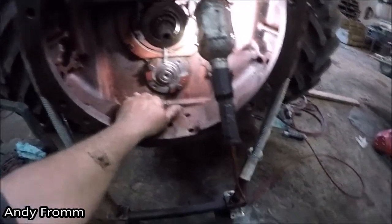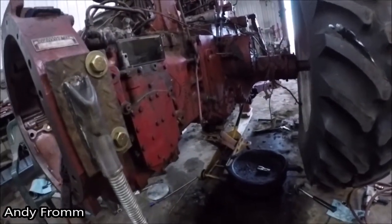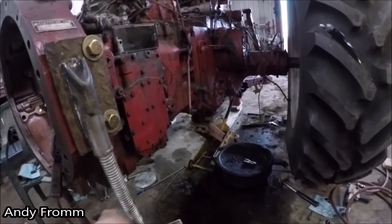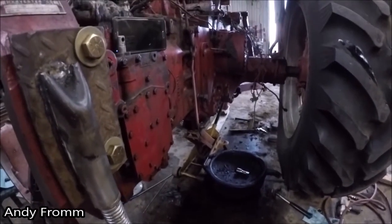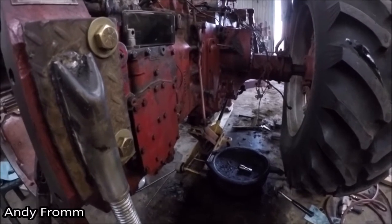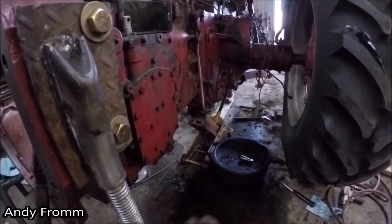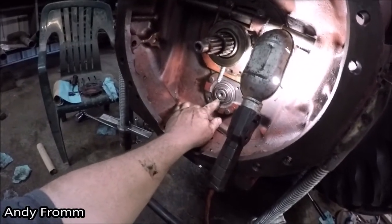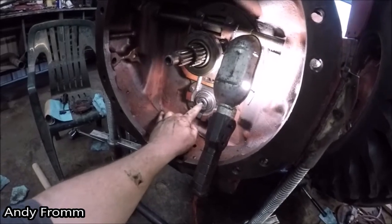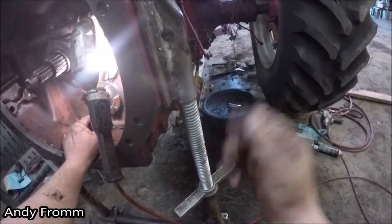So when I was assembling everything on the side over here, the 2 covers, or the reverse cover there, and the main hydraulic pump, I noticed that I did not have my snap ring on the PTO shaft, so I couldn't push the gear any further ahead. I couldn't see the groove, so that meant that the shaft wasn't in all the way. So I took this back apart, and I tapped on this a little bit, got my snap ring groove visible, put the snap ring on,